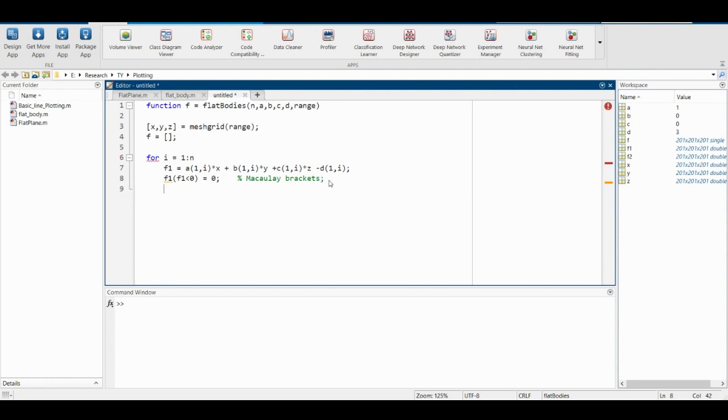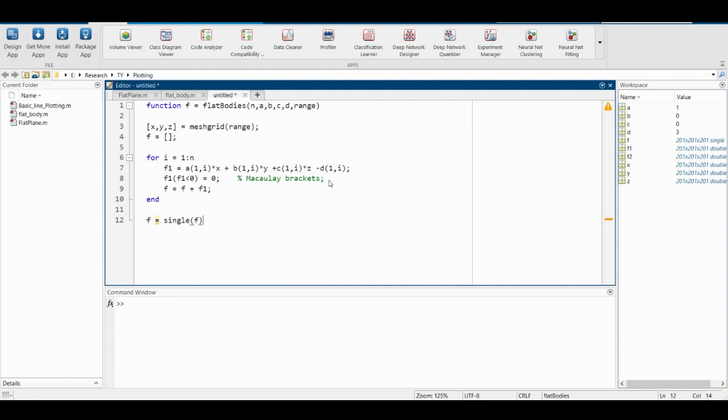Okay, then f1 of f1 is 0, so then I'm going to append the f that is empty. Now I'm going to add f's to it, so I'm going to create an f plus f1. For the second one, f2 would be like f1, so I don't actually write it again. And I have to write f is equal to a function f single of